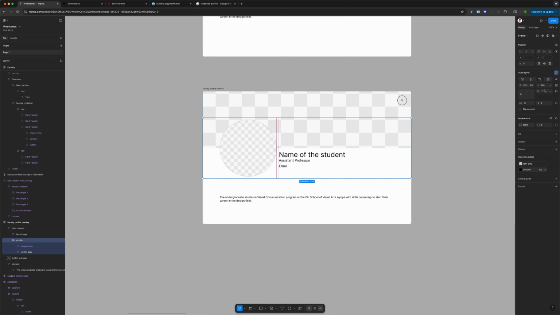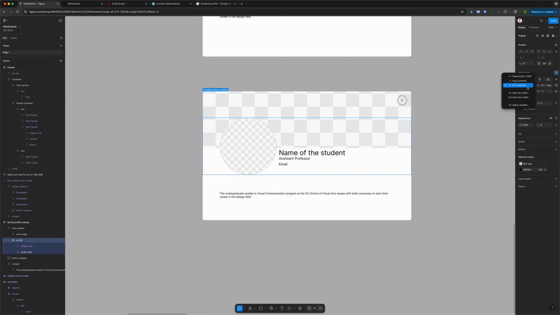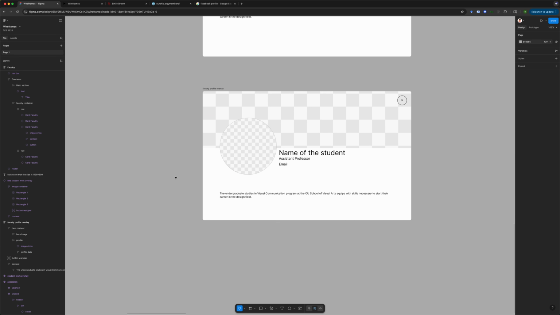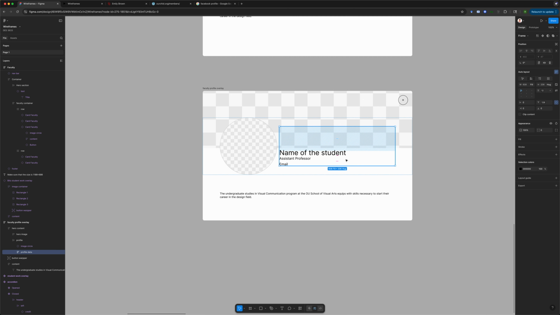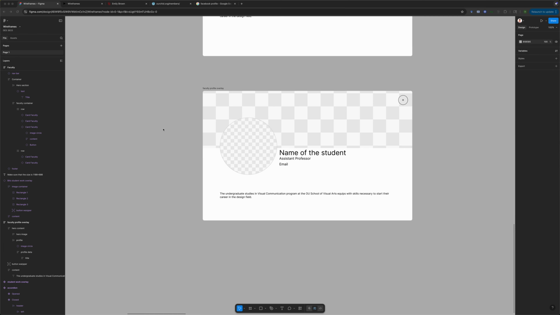All right, profile, say hug content, fill container. Perfect. Okay, this is what I wanted. All right, and actually, I can also add a button right in this profile data so that they can click on this button to go to their website. If they have any personal website, they can go there. Okay,